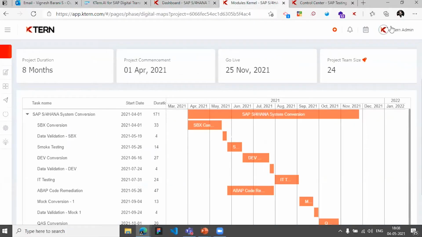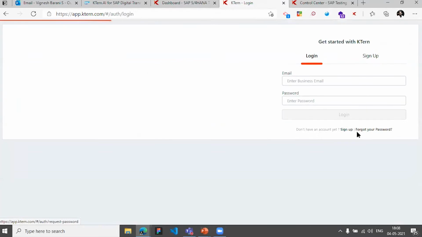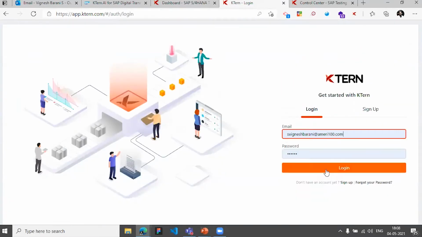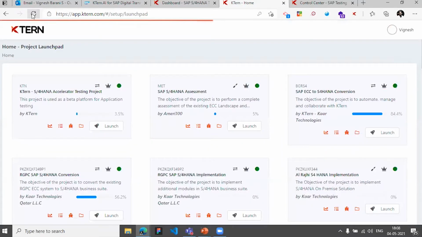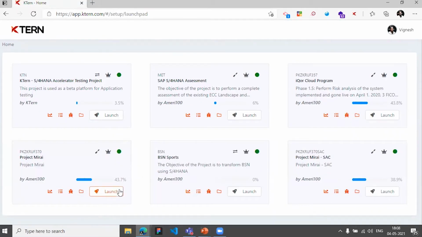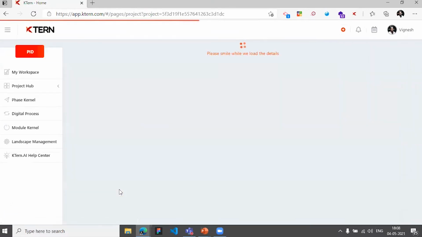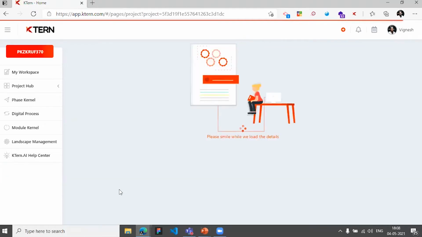So let me check that out and let me log in. Because we know Activate isn't just Activate as of now, because SAP has brought in the hybrid way of doing it. It is waterfall and agile combined together. I'll be able to touch base on that very soon as well. So this one is one of the projects which we use,